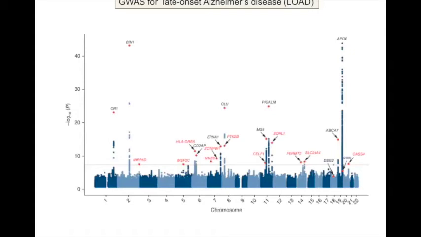What we see here is the outcome of a genome-wide association study for late onset Alzheimer's disease. As we saw in the previous lecture, early onset Alzheimer's disease is typically a Mendelian condition, and it involves mutations in the genes APP or PSEN1 or PSEN2. This results in differences in the cleavage of the APP protein and increased deposition of the A-beta 42 protein, increasing the amounts of senile plaques in the brain. These senile plaques are toxic, leading to neuronal death and eventually shrinkage of the brain.